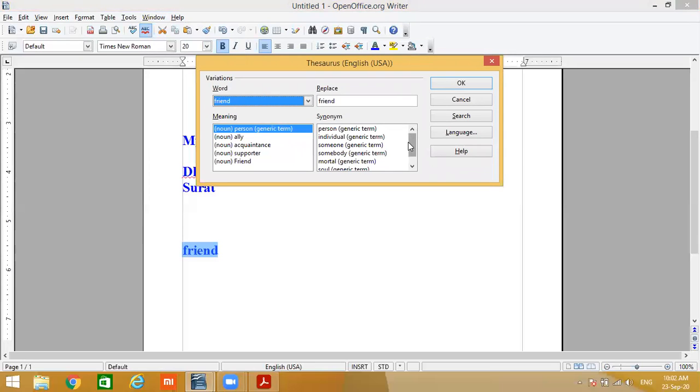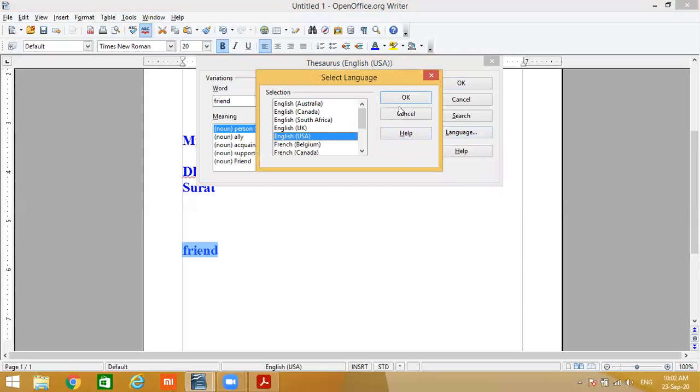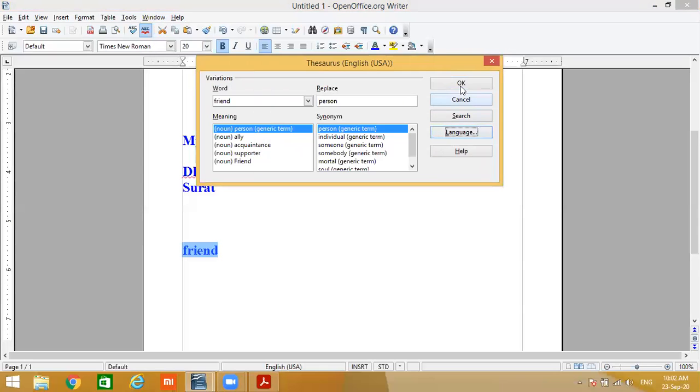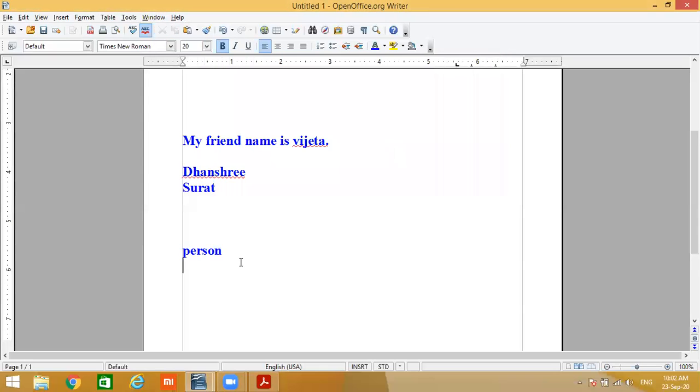If you want to change friend with another word, see, soul, generic item, person, generic item. You want to change friend with which name? Go to language. Okay, friend will become person.